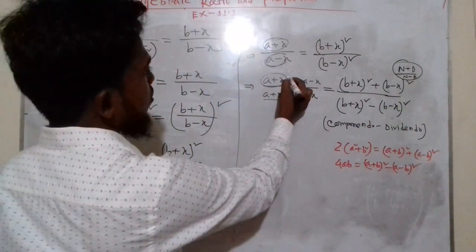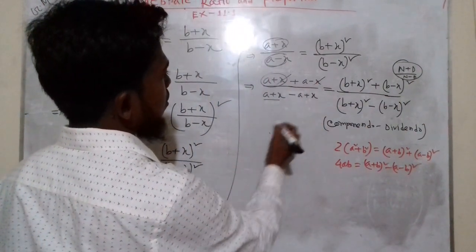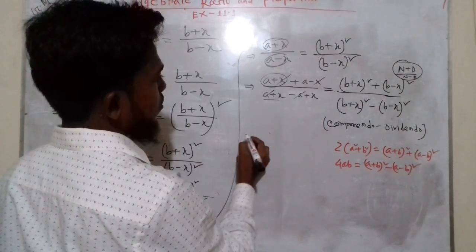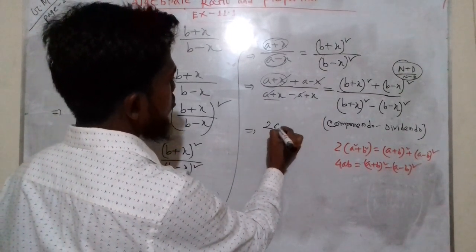Now we cancel minus a plus x minus x and minus a plus a, so we can write 2a divided by